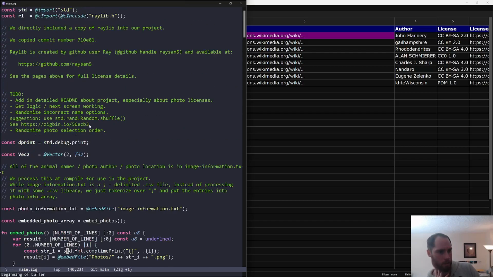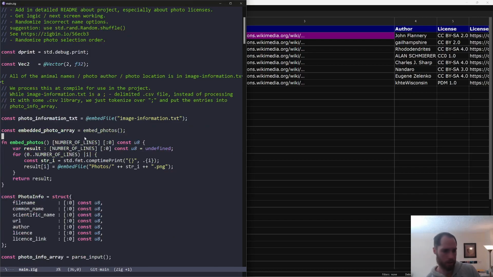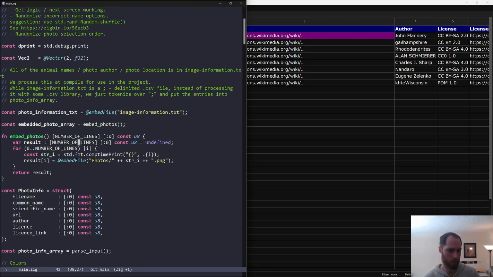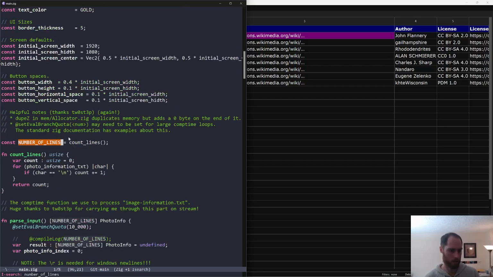So let's just change the number of line calculation. So we calculate this here. We want to return count minus 1, because the first row of the image table comprises